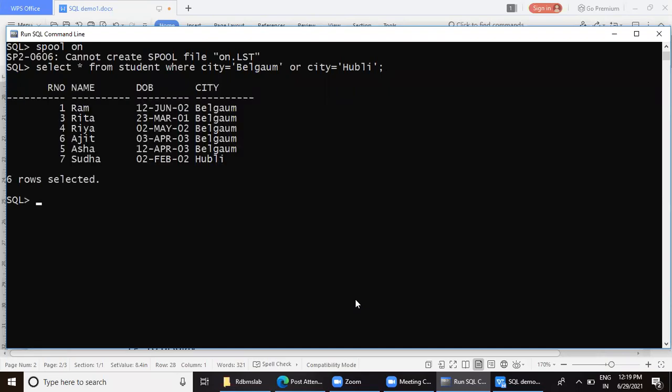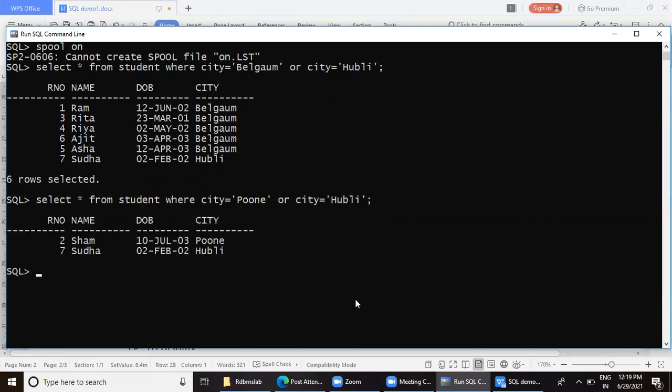It is excluding Pune, giving Belgaum and Hubli details. If I wanted Pune and Hubli, I didn't want Belgaum, I could do that too. Here it has displayed only those students who stay either in Pune or Hubli.